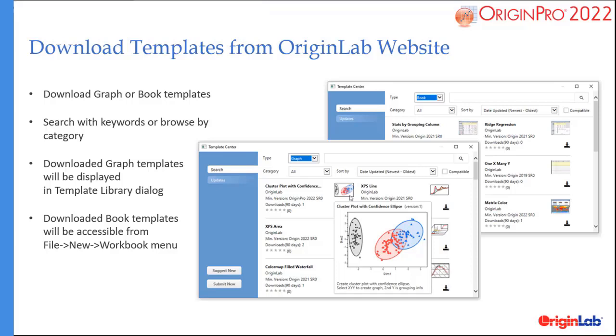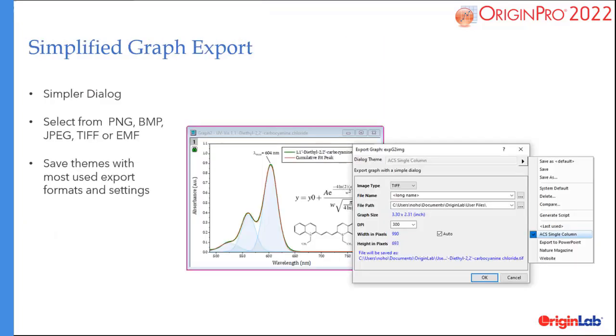This Template Center dialog works very similar to how the App Center dialog has been working in the past. There is now a simplified graph export dialog with just the pertinent controls that are typically required for graph export. The formats supported are PNG, BMP, JPEG, TIFF, and EMF. Users can save their settings as a theme, such as American Chemical Society single column, and then quickly reuse pre-saved